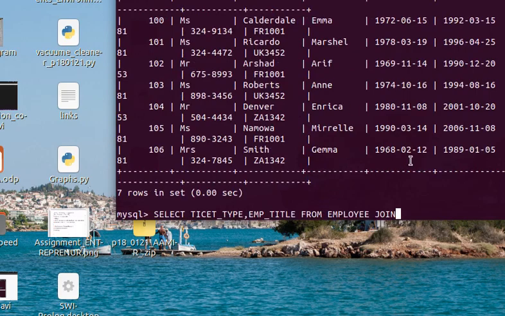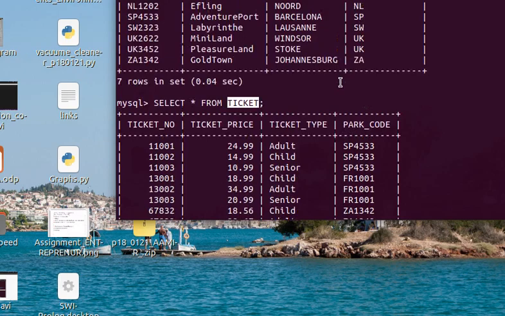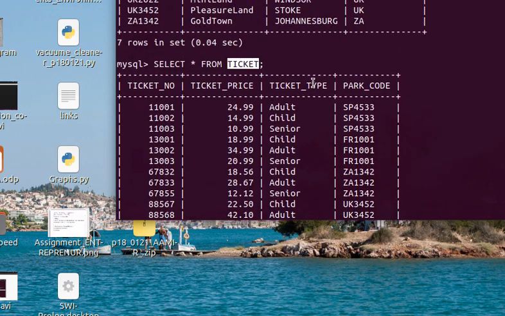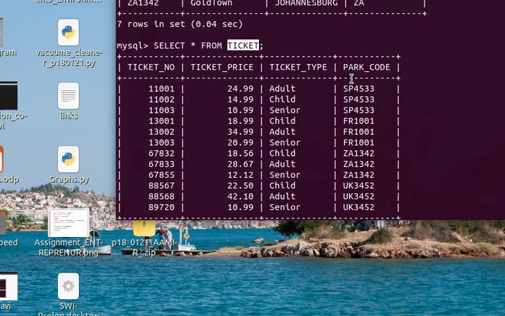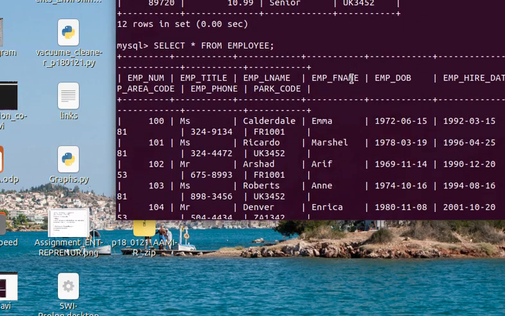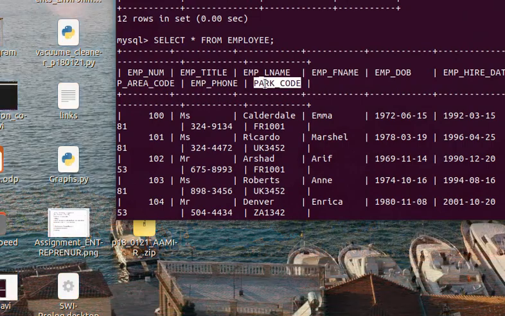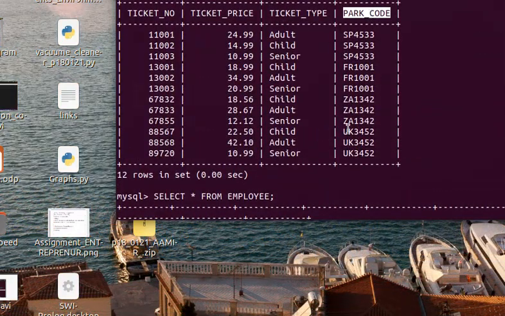So employee join with that ticket, and using means join with that unique column. So where is the unique column? Employee, ticket, and the unique column is park code. As you can see, park code is the unique column in both.